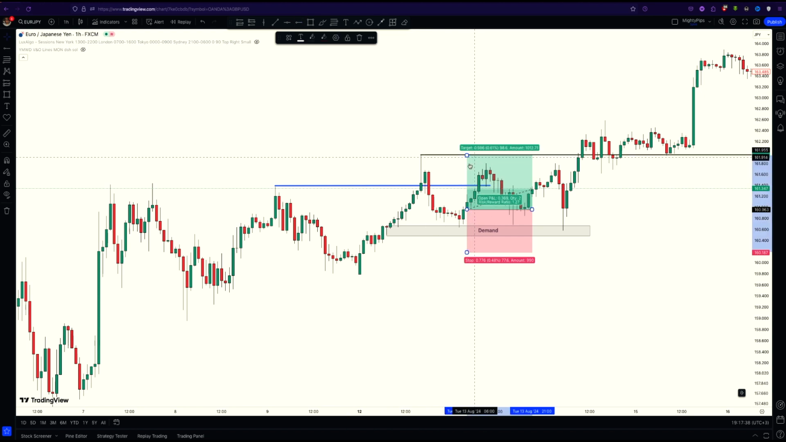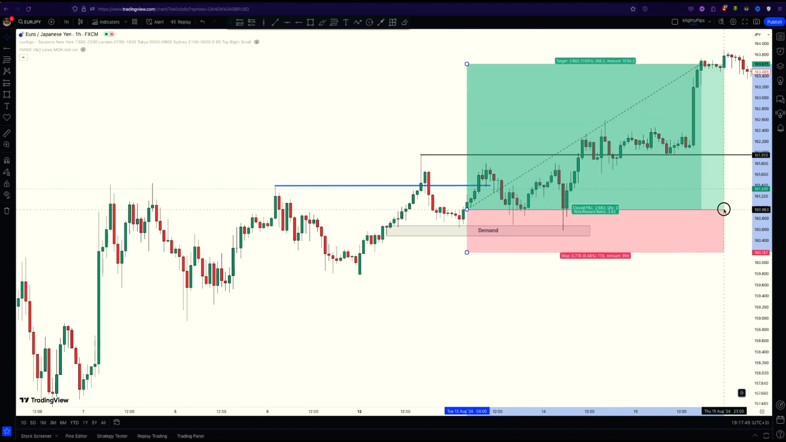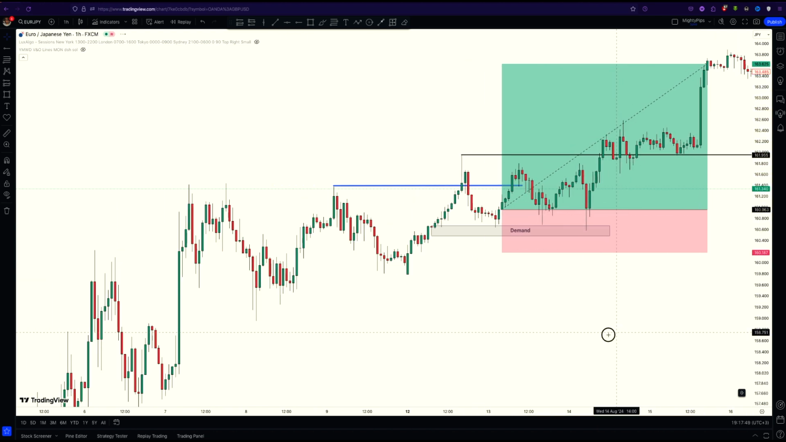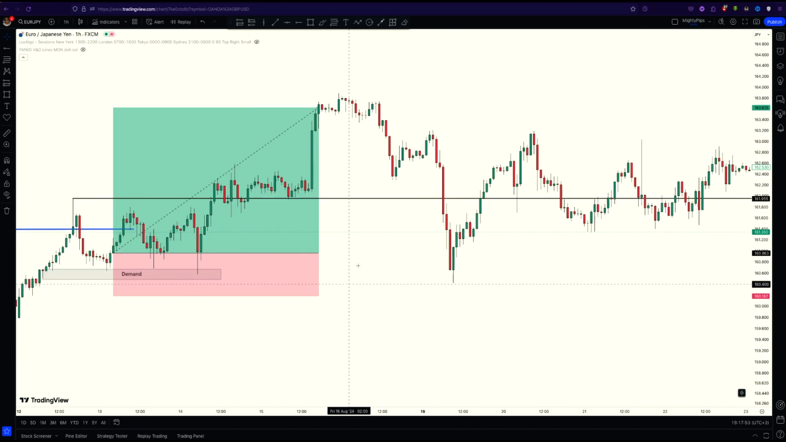You close half of your position there, and then you can close half of your position at a 1 to 2 or 1 to 3. As you can see, this worked out perfectly. So that is the scenario for a buy. Okay, the scenario for a sell